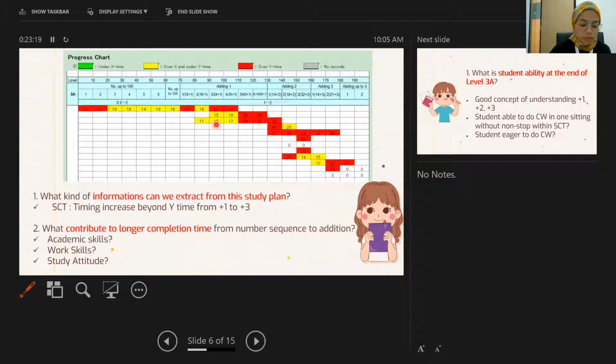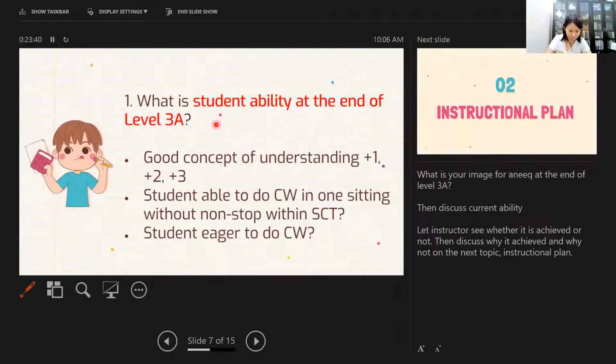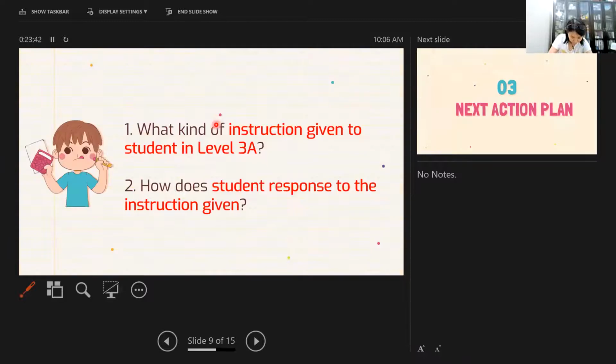When it comes to here. And also it could be because of the work skill, the stamina is not developed and maybe he couldn't focus when doing work. And also the study attitude hasn't fully developed. Okay. So based on the image that you have and the assumption that you have at the moment, what are the things that you want to tackle first? Because you have 3 assumptions, covering academic skill, work skill, study attitude.